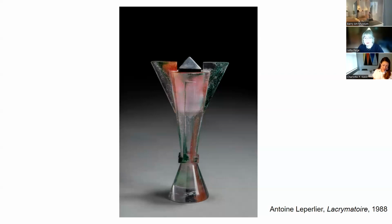One thing about this that I found really interesting is the concept of what this vessel was used for and sort of referencing these ancient tombs. And I'm curious if you could talk a little bit about the Tears of the Mourners and the intended use for this piece. Well, Antoine Le Perrier fell for the romanticism of a now debunked usage of glass vessels that have been found in ancient tombs all around the Mediterranean that were thought to contain the tears of the mourners that were added to the graves for eternity. That, of course, can no longer be upheld. But the idea lives on in Antoine Le Perrier's Lacrymatoire, or tear container,